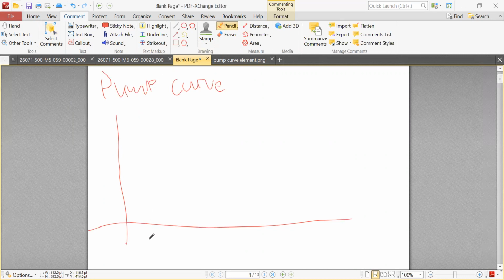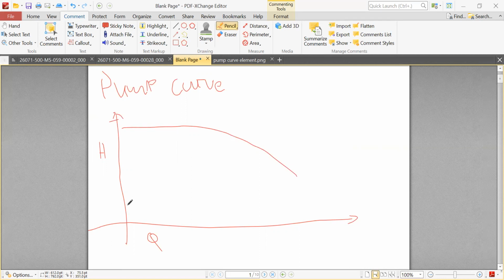We have flow capacity on the horizontal axis, and on the vertical axis we have head capacity. So at the initial, with less flow capacity, you will have the highest head of your pump. So the pump curve will be like this one,